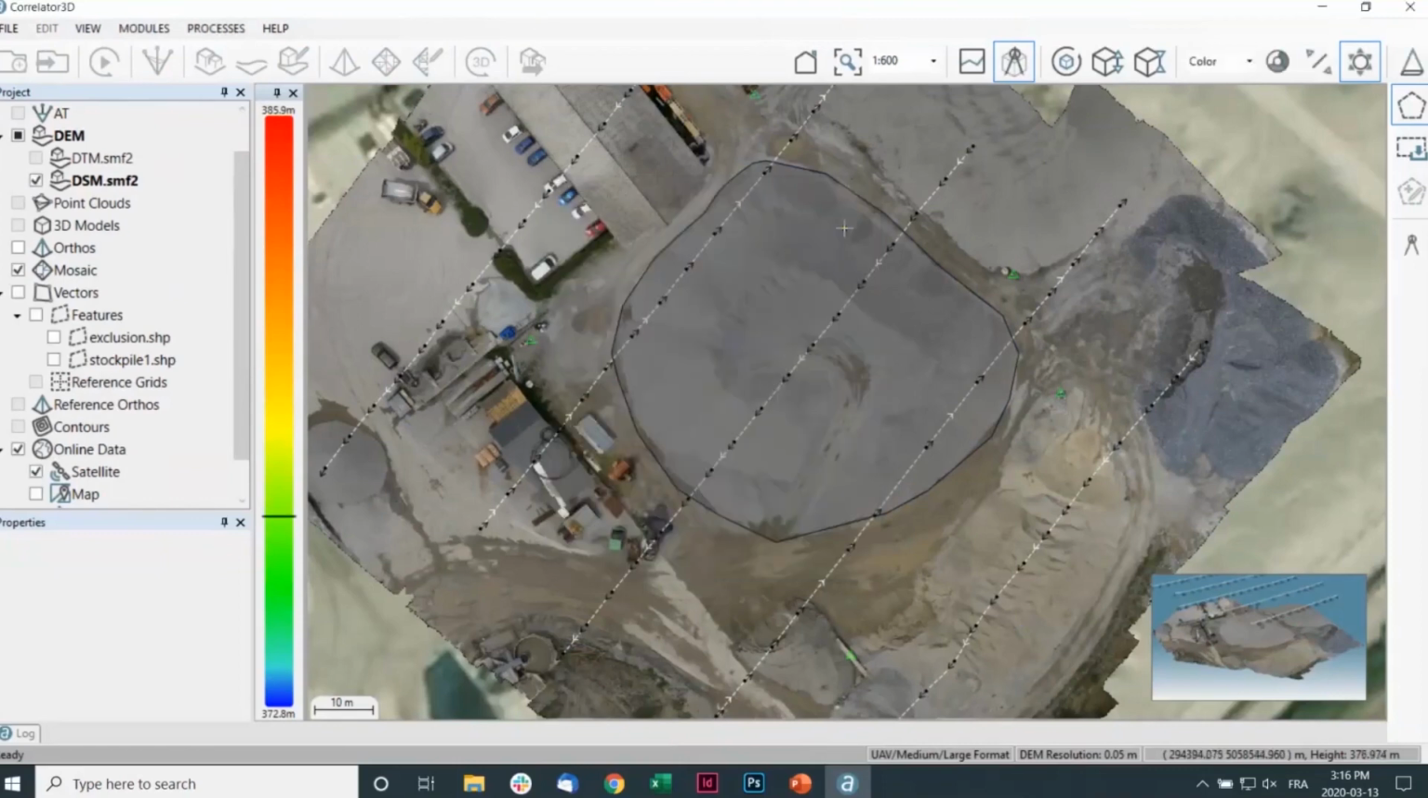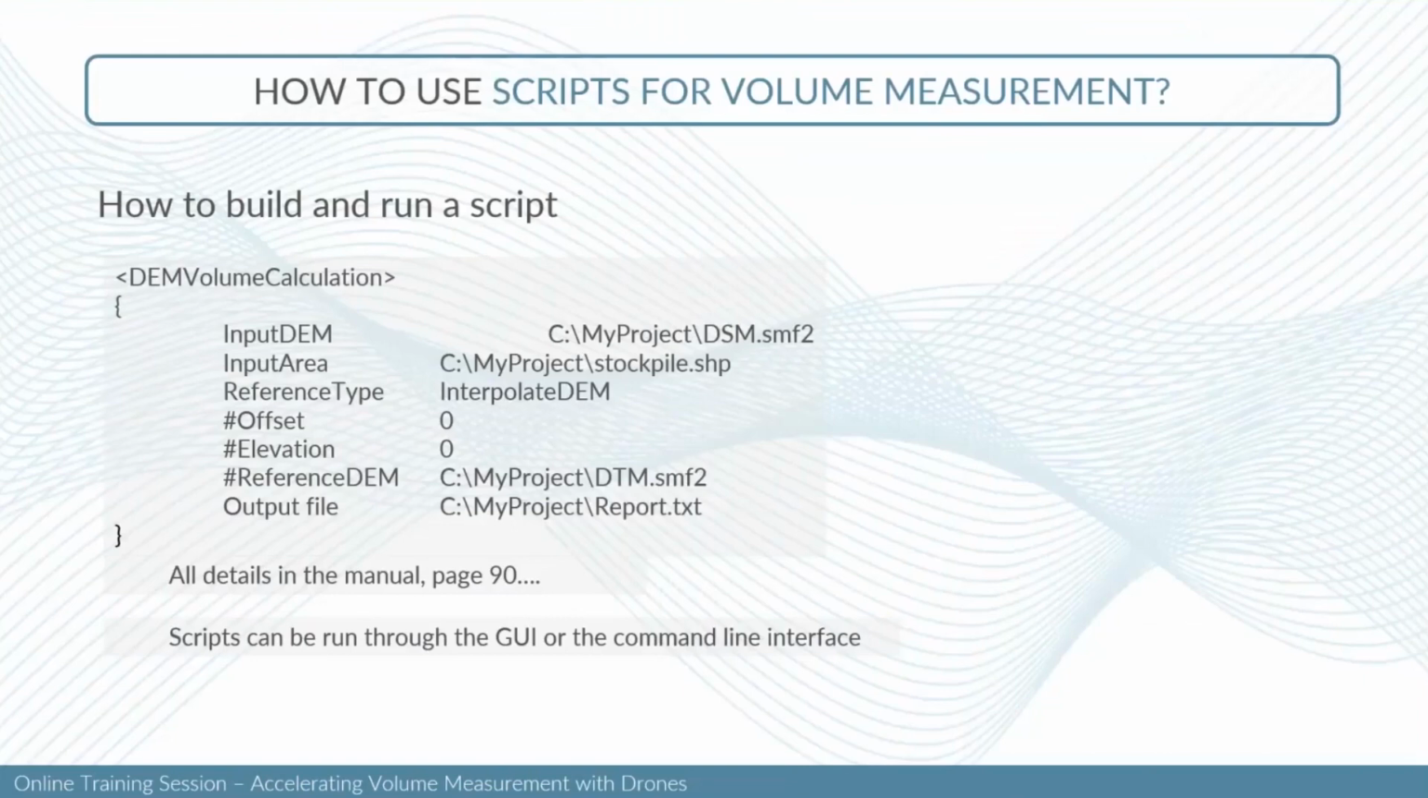As I said previously to this presentation, you can run volumetric calculation with script. So without even launching the graphical user interface, the user can run the script via the GUI or via command line. So as we can see here,